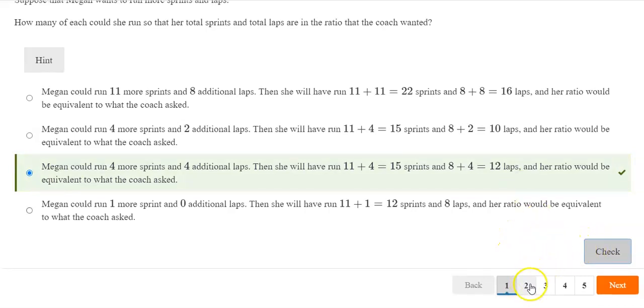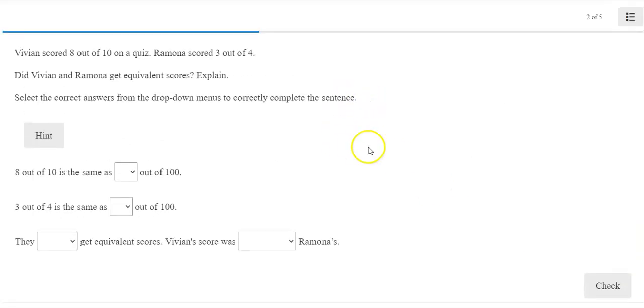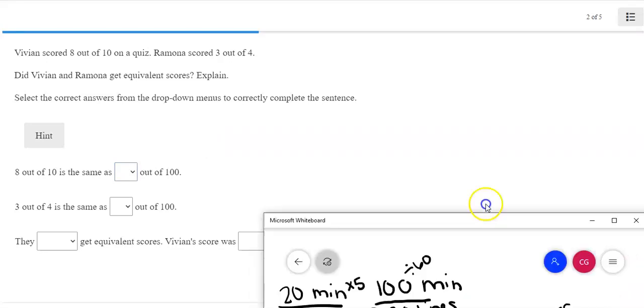There we go. Number 2. Vivian scored 8 out of 10 on a quiz. Ramona scored 3 out of 4. Did Vivian and Ramona get equivalent scores? So what they're asking us to do is they say 8 out of 10 is the same as blank out of 100. So to change that,